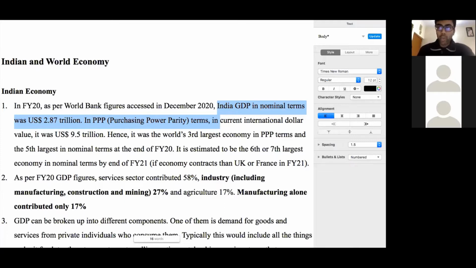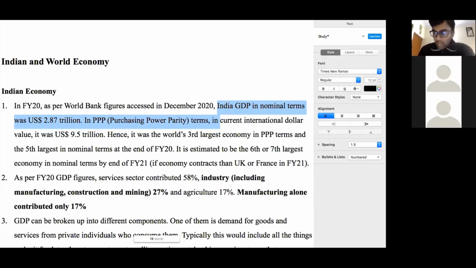I mean, it's not possible for the World Bank to have the kind of resources to actually conduct in-depth surveys across the Indian economy and collect their independent figures. So whatever the World Bank publishes is based on the economic statistics that are published by the Indian government. And then they have their own expert analysis based on the exchange rates that are existing at different points of time. So as per the World Bank figures that were available in December 2020, that is just 1 month ago or so, in financial year 2020, which ended on March 31st, 2020, India's GDP was US dollar 2.87 trillion.